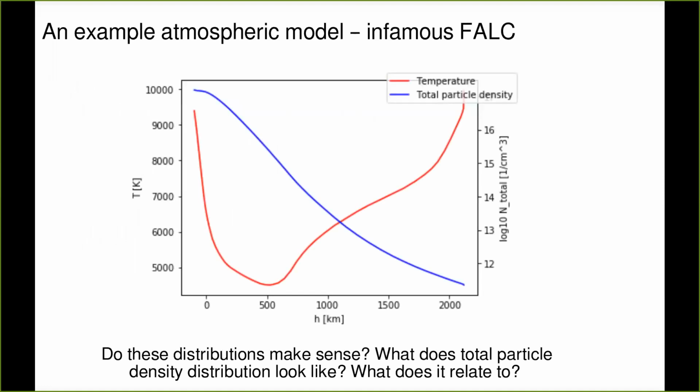So first we need to consider an atmospheric model. And what I'm showing you here is, as I call it, the infamous FAL C. I call it infamous because people love using this FAL C model to study line formation. FAL C is a so-called semi-empirical model, and the name FAL comes from the initials of the authors, Fontenla, Avrett, and Loeser. Avrett is a famous radiative transfer modeler, and Loeser is his colleague, who together developed the radiative transfer